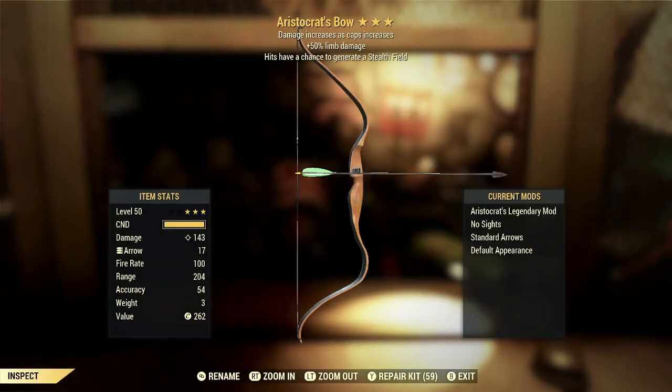Alright, well this one's definitely not as good. We've got an Aristocrat's bow with plus 50% limb damage and hits having a chance to generate a stealth field. So we talked about the Aristocrat's effect already. It's, again, probably, at least in my opinion, the best first star for full health builds other than anti-armor, at least for damage output purposes. And so that's great, although the bow is...